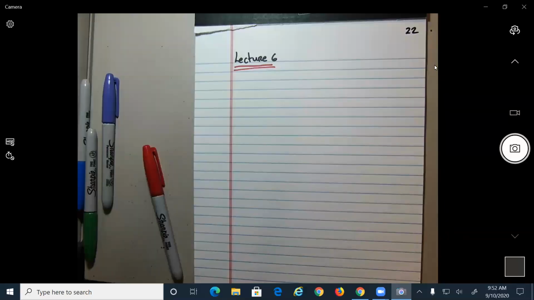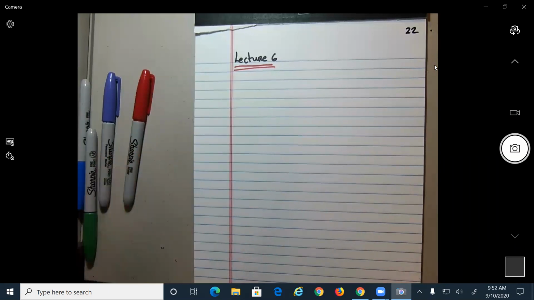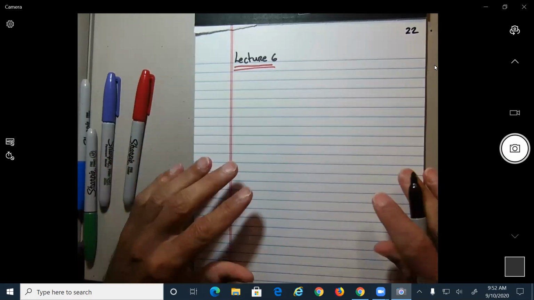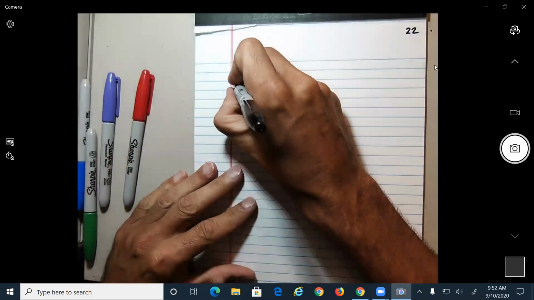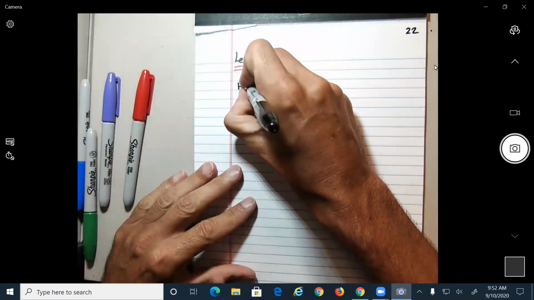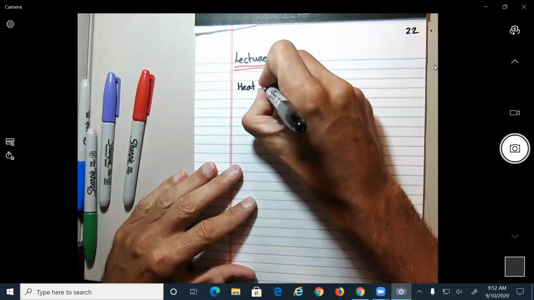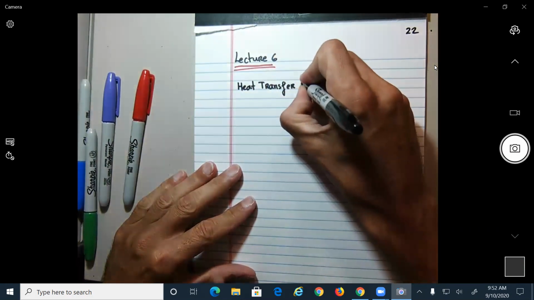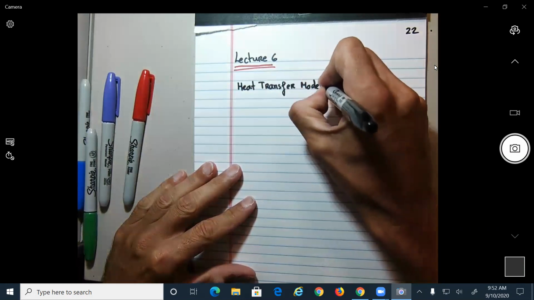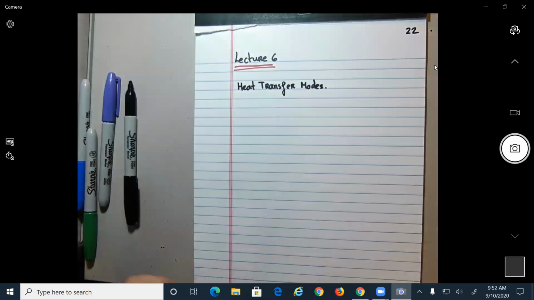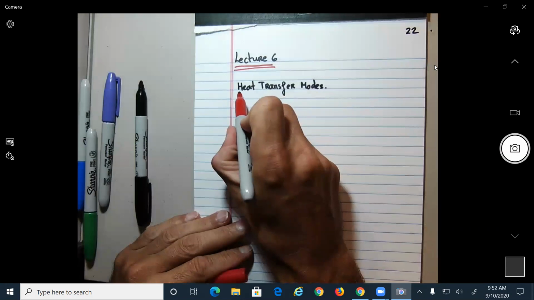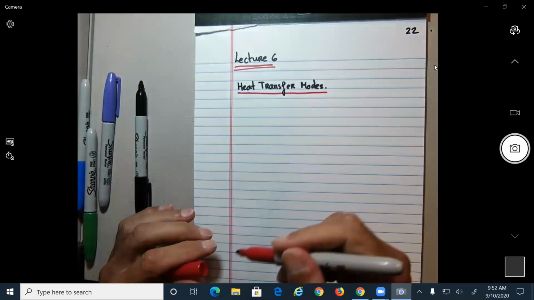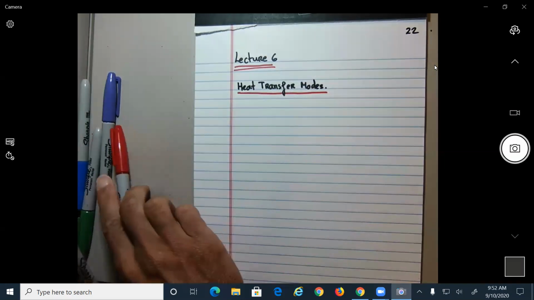All right, guys, so let's get started. Today we're going to look at the different heat transfer modes. I'm going to call this section heat transfer modes. And this is actually quite important, guys, if your major is aerospace, because you don't have a class